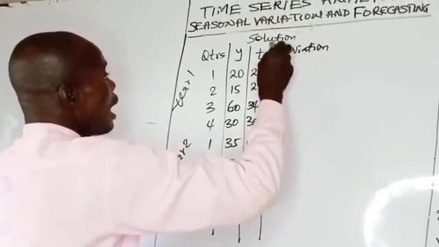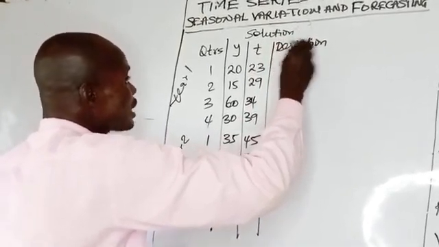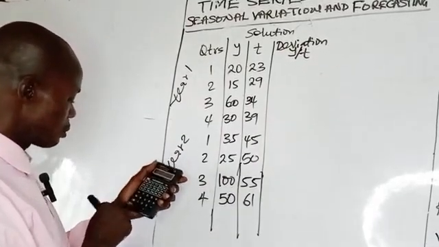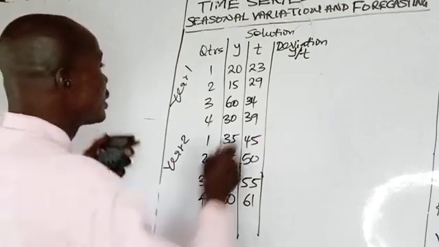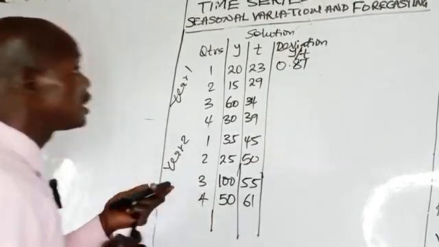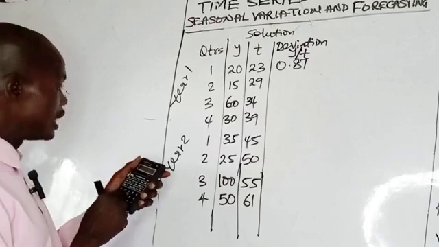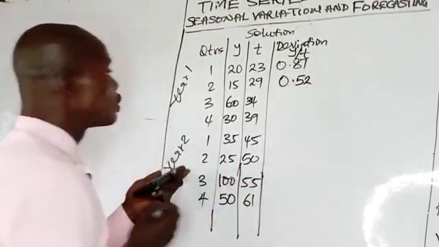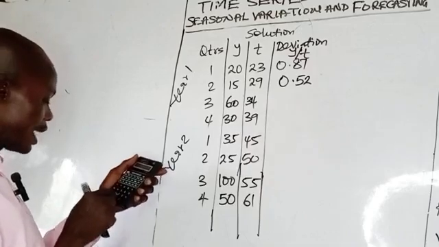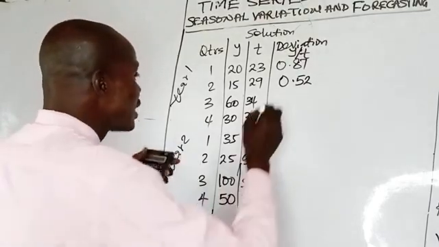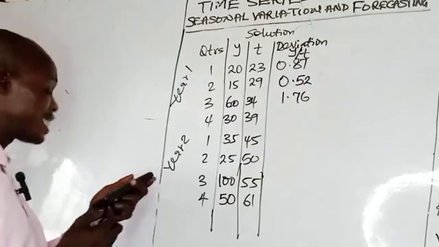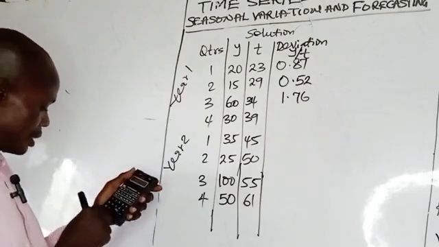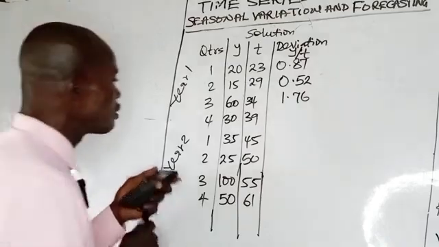I've told you under the multiplicative model, it is Y over T. This is Y and this is T. 20 over 23. 20 divided by 23, that gives us 0.87. If you take it to percentage, it will be 87%. 15 divided by 29, that gives us 0.52 or 52%. 60 divided by 34, that gives us 1.76 or 176%. 30 divided by 39, that gives us 0.77 or